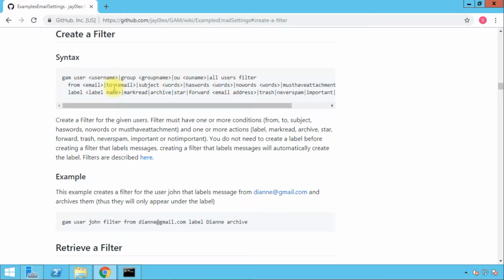So basically you can create the filter based on the condition of the from address or the sender address or the recipient address, the subject, which contains a specific word of the subject or the full subject of the email. I'm going to show you an example on how to create a filter based on the subject through GAM. Then has words, which means you want to find specific words in the message, or no words, and